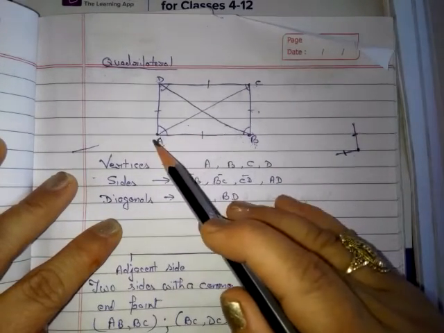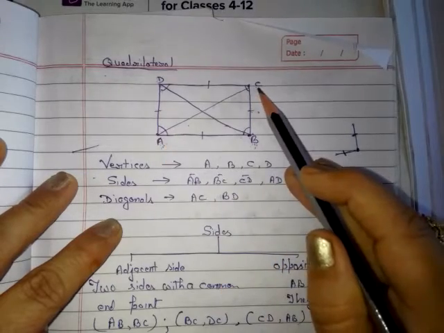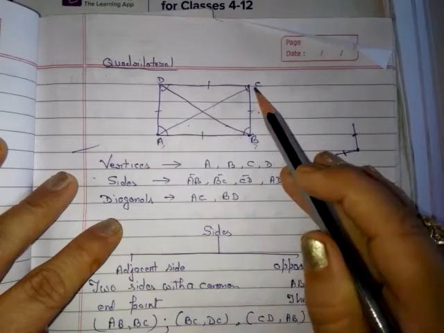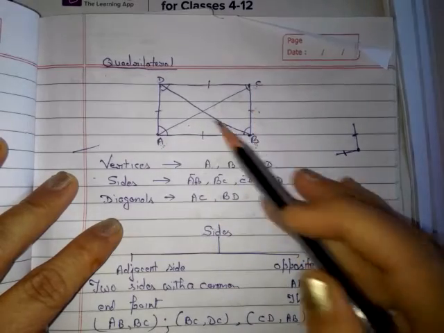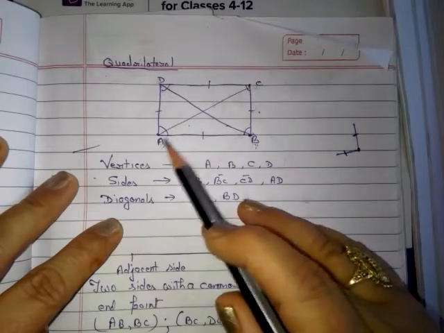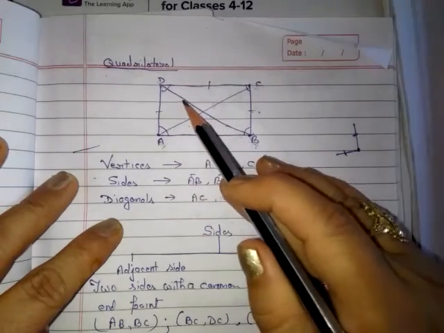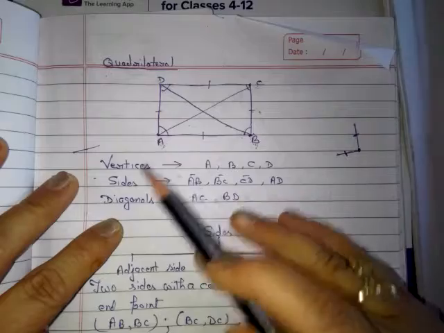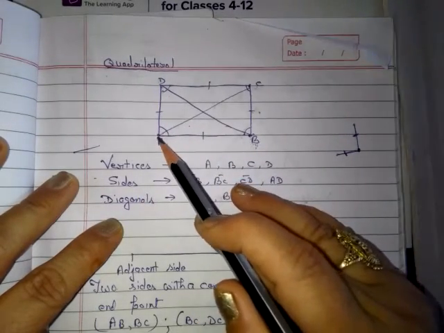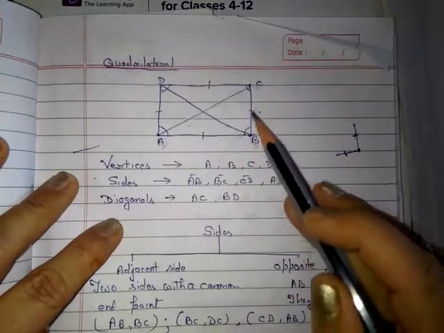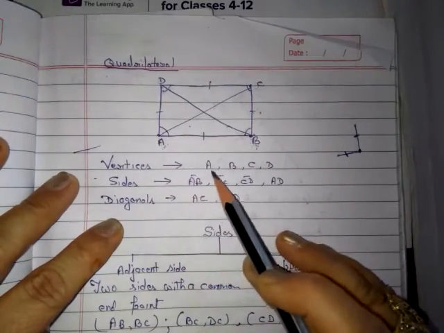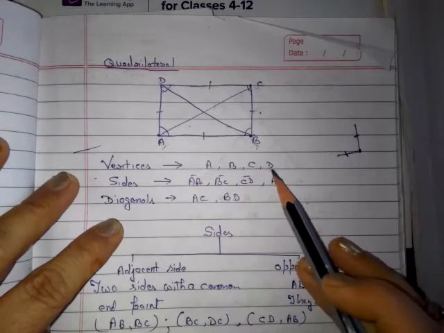देखो, the vertex opposite A is C. ठीक है, when we join AC the diagonal is formed. तो AC is the first diagonal and BD is the second diagonal. तो quadrilateral has 2 diagonals, AC and BD. Okay, 4 vertices. Vertices means points. Vertex means where 2 sides meet. तो A is a point. तो A, B, C and D. So quadrilateral has 4 vertices A, B, C and D.